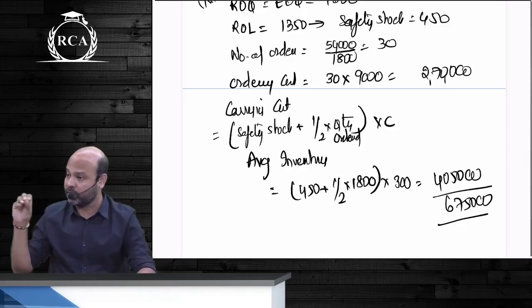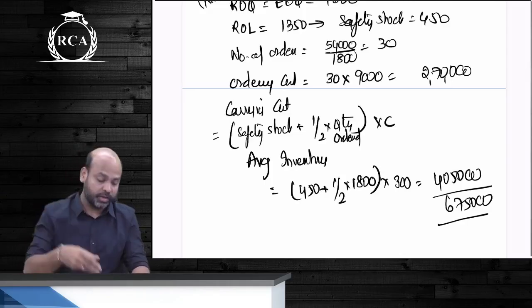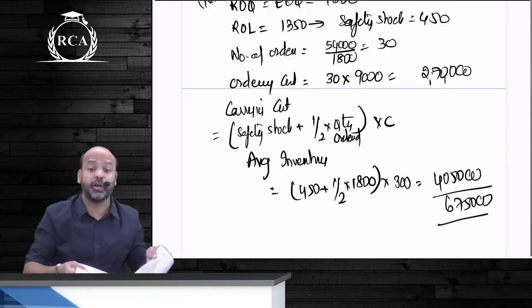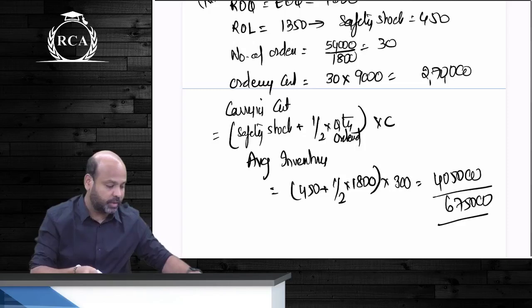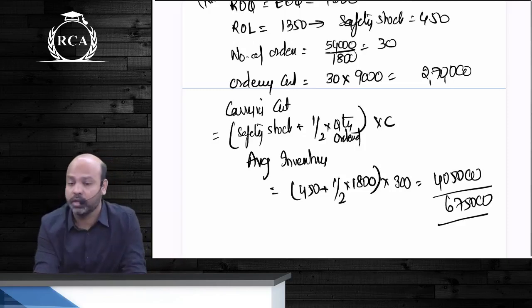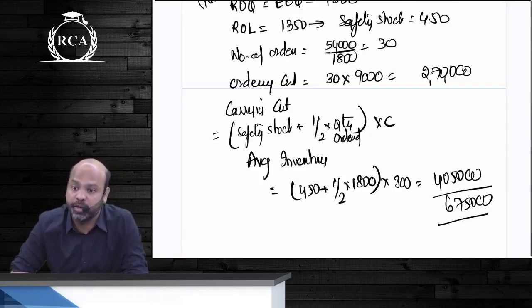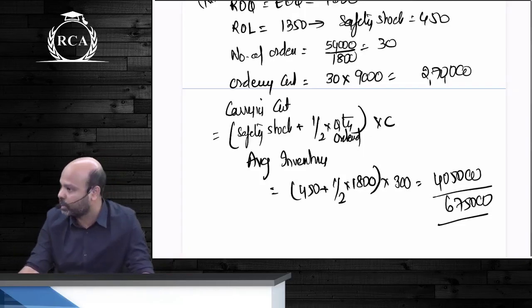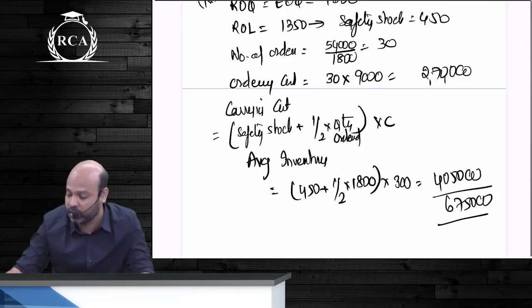The question is not about computing guys, or the question is not related to decision on quantity to be ordered. The question is about decision related to safety stock. We should include carrying cost on safety stock. In all the other questions that we did not include safety stock पे carrying cost, the questions related to decisions on